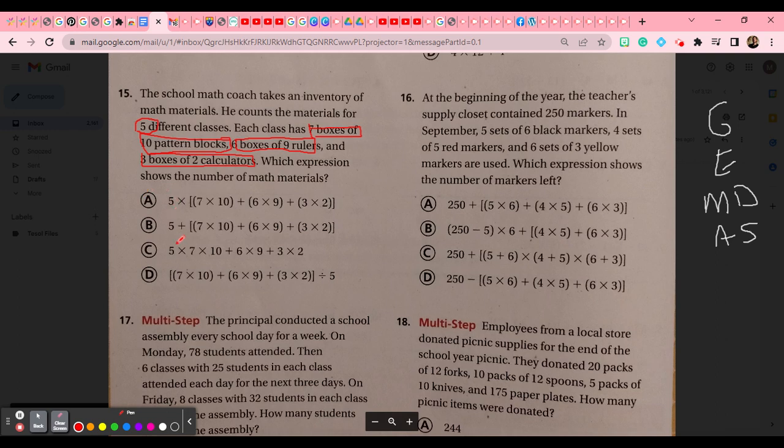Okay, so let's take a look at this. We have 5 classes, and then each class has... Whatever we need to do, we need to multiply everything within the classes by 5 to figure out what we have. So I'm just going to write what I see here. 5 classes times, and then I'm going to do bracket, parentheses, 7 times 10